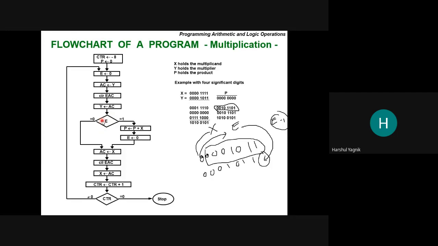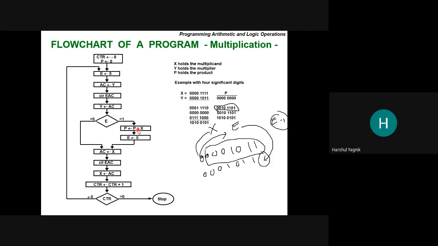P variable we have to increment, but with which value? With the value of multiplicand X. P is equal to P plus X. So previous value plus multiplicand. Okay. Then E flag will be cleared.